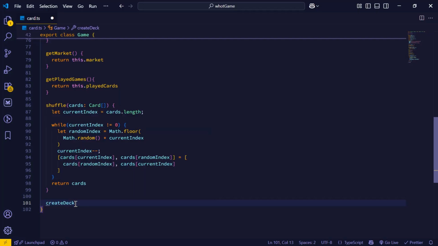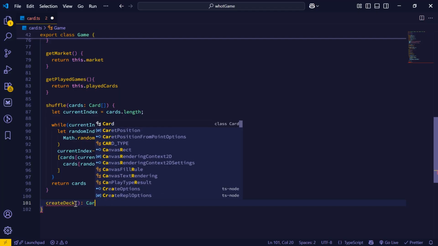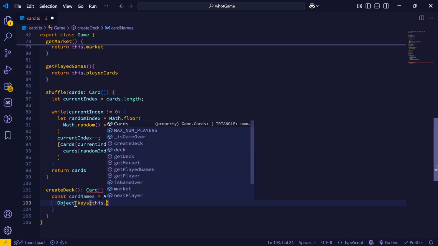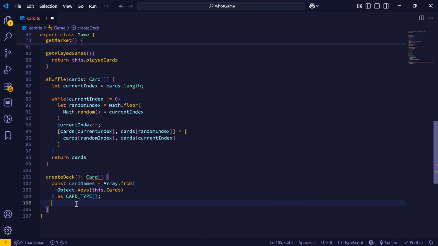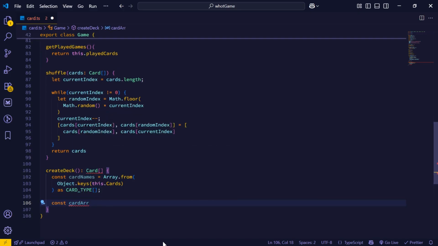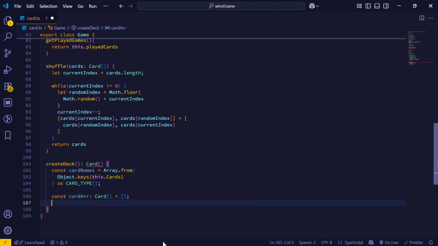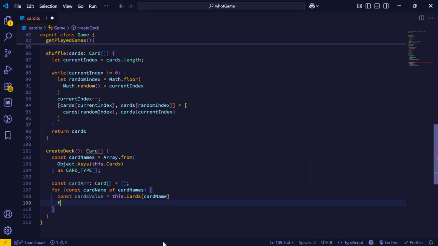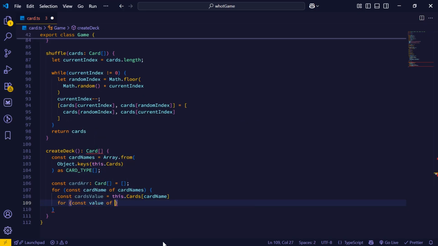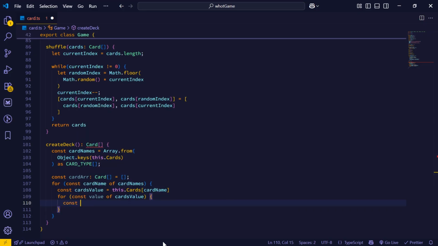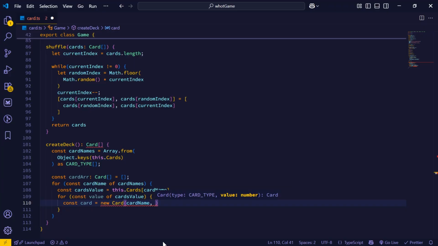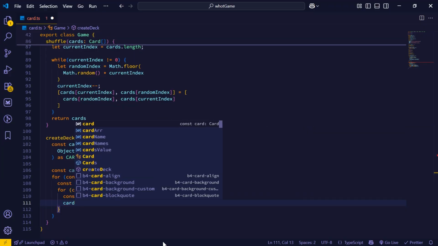Then I will add another method, createDeck, which is responsible for creating a new deck. Inside this method, I will create an array of card types from the keys on this.cards. Then I will create a variable cardsArr, which is an array of cards. It's going to be an empty array for now. Then I will loop through the card type array, and for each card type, I will retrieve the value of the card type from this.cards using the card name variable, which I am going to store in the cards array variable. Then I will in turn loop through each value from this.cards[cardName],